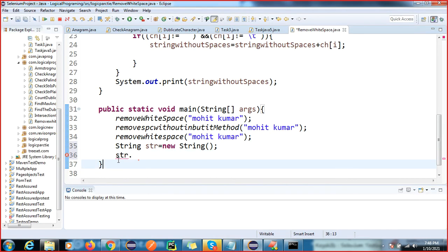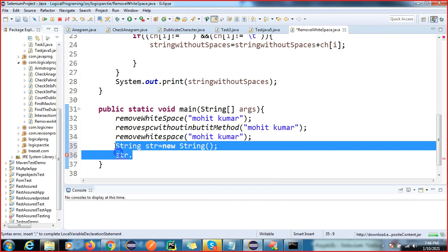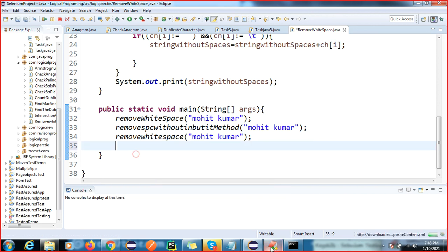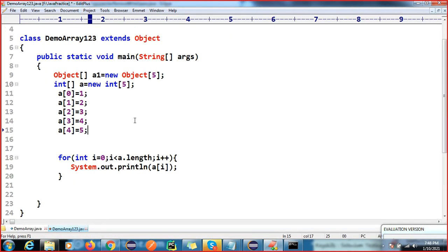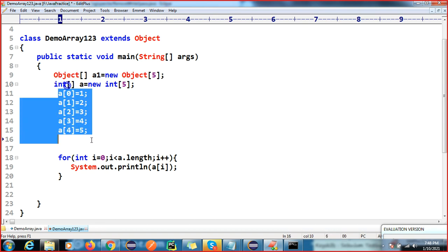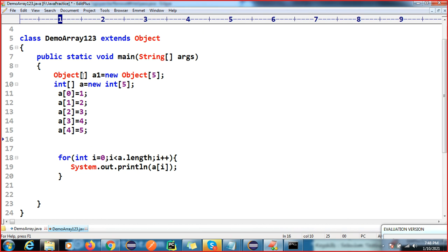If someone asks whether an array is homogeneous or heterogeneous, you have to tell them: unless you are using an Object class array, it behaves like the homogeneous type, meaning it will only store integer type. If you want to store multiple types of values or objects, then we should go for the Object class.